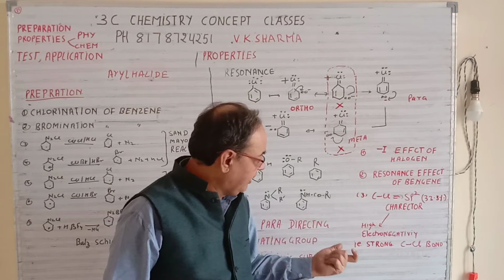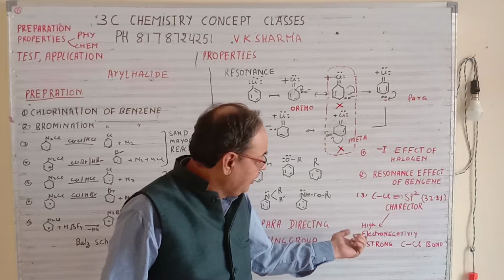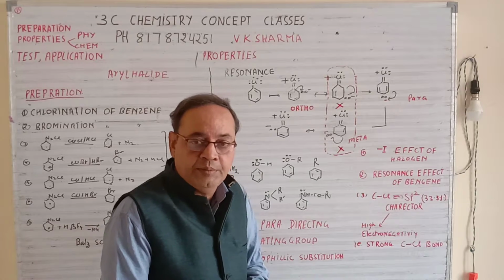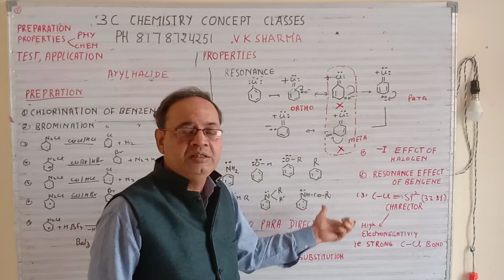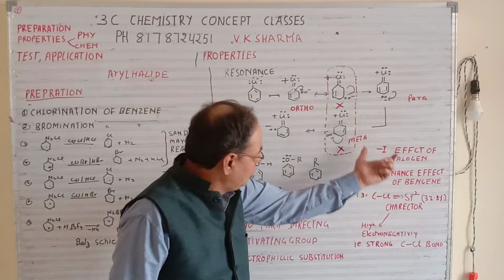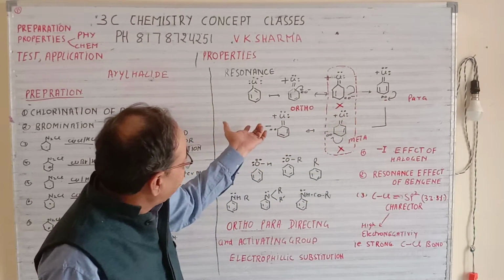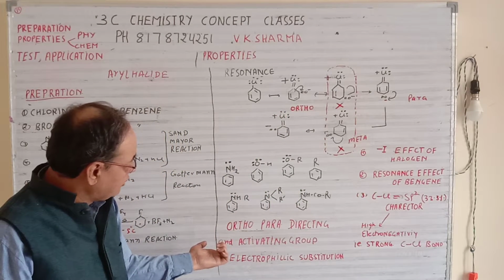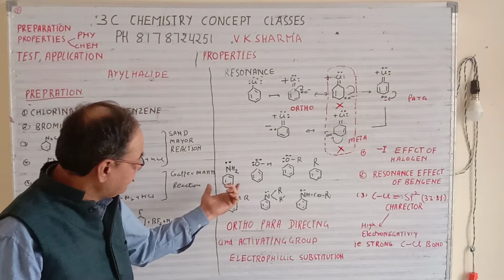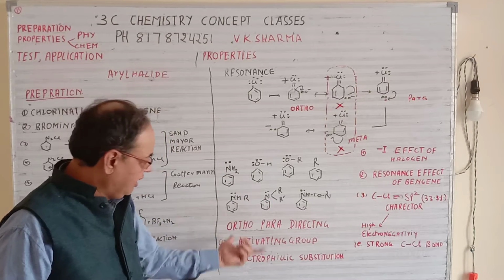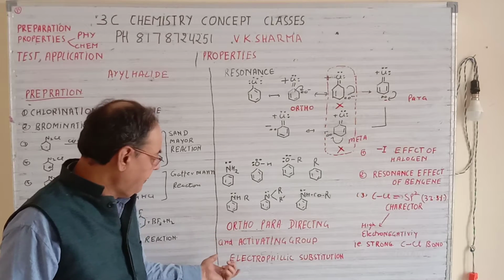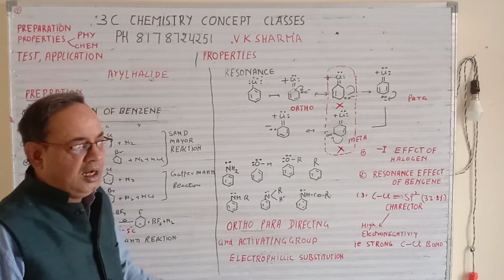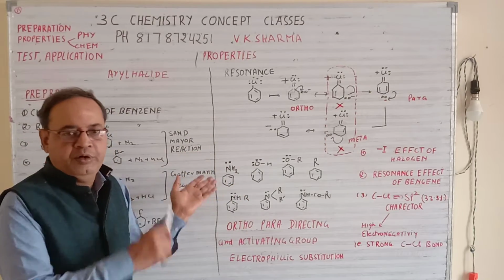So due to which what happened? Due to high electronegativity, there is a strong C-Cl bond. When the C-Cl bond is strong, the compound is stable. As a result, the compounds which are formed from this will be stable compounds. So due to these factors, chlorobenzene undergoes the resonance effect plus the minus I effect. As a result, they are ortho para directing groups as well as activating groups, and all the reactions that take place here will be electrophilic substitution reactions. So this is your concept. Now I am going to use this concept in different reactions.